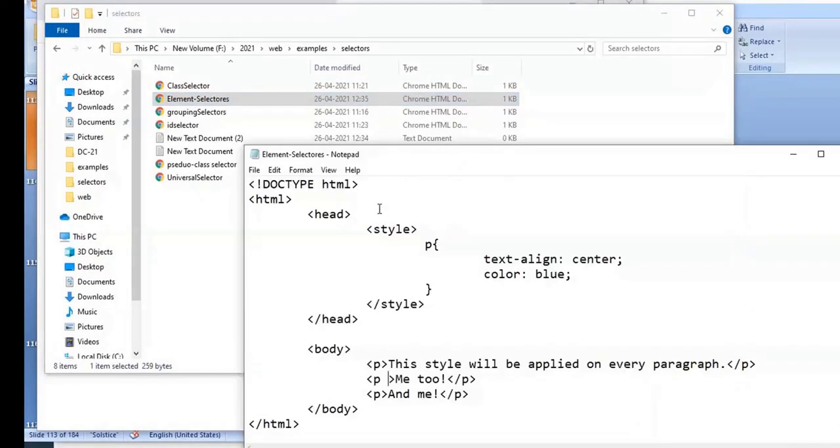Element selector. Once again, I told three types. Element: either you can apply to a single element or to multiple elements, I mean a grouping or set of HTML elements, if you want to apply the style. That can be done. If they follow the same style, you can specify them with comma separation. What is the one more? One more is the universal selector. Instead of a selector name, either any HTML tag element name, you will use the asterisk symbol.